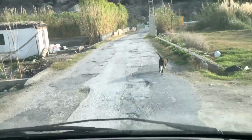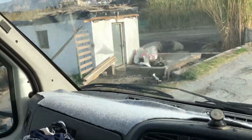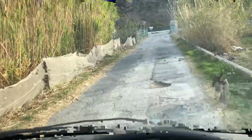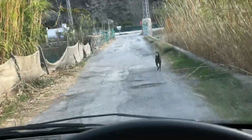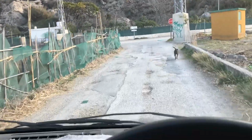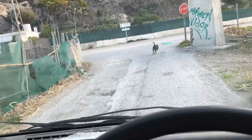It's all sort of allotments. Used to be sugarcane grown around here, but now they've turned it into little allotments, but sometimes people live in the allotments. I'll show you this one that's for sale around here, and you can actually live in the house. The one next to that where I was parked, people lived in a house this size, and they had, oh, there's a car,